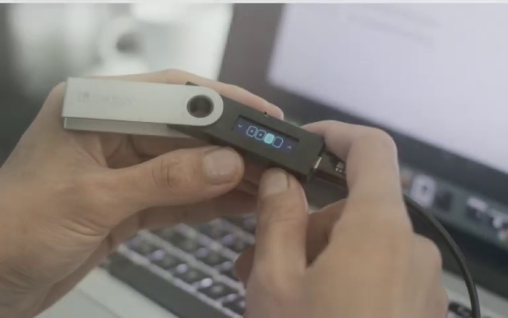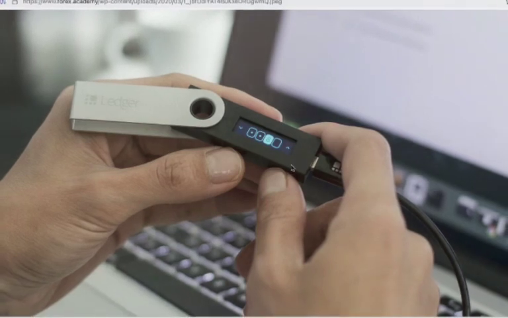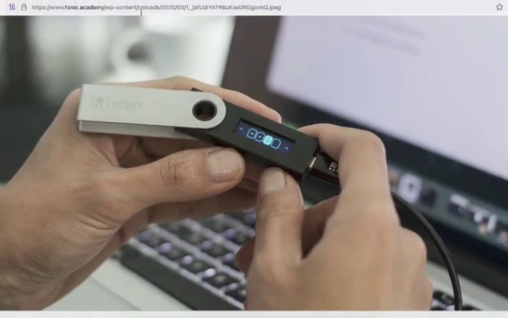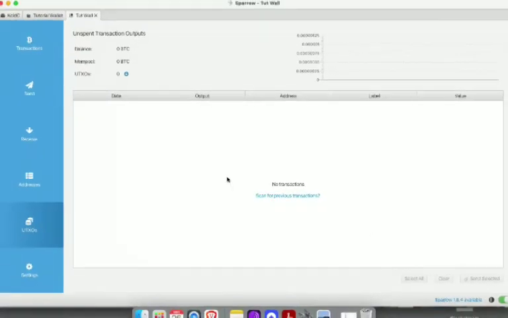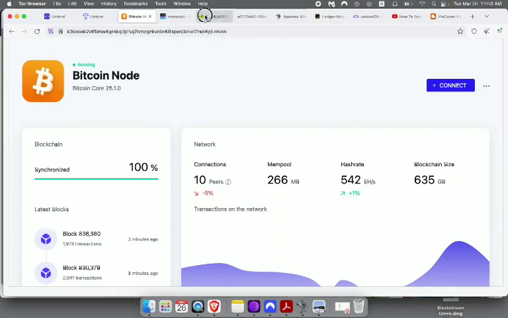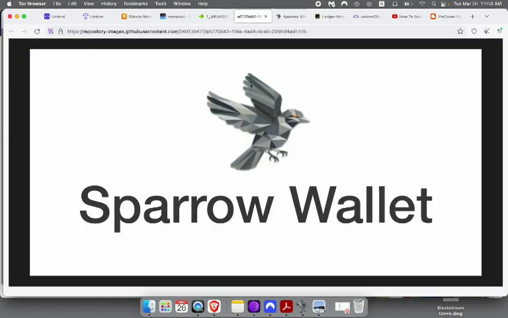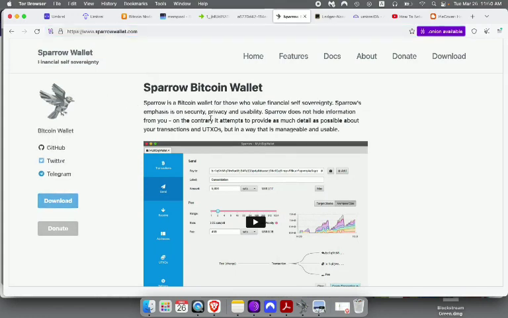PieCover here, we're gonna look at how to connect your own Ledger wallet to your own node to perform transactions. So we're gonna use a wallet called Sparrow. So this is basically Sparrow here. You can find this wallet on sparrowwallet.com. So you can verify before you download and everything, to make sure it's the right one you